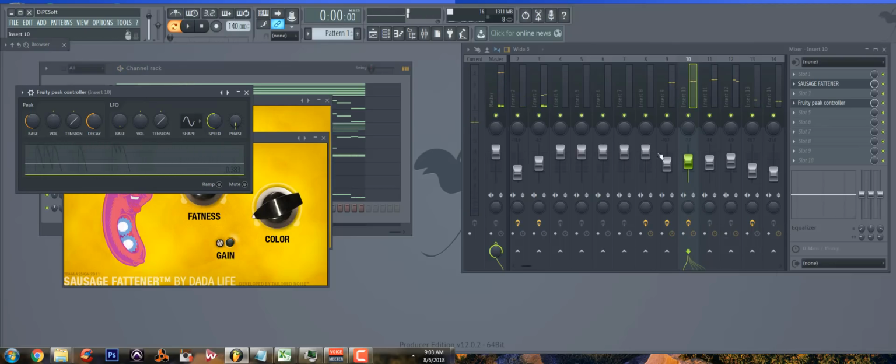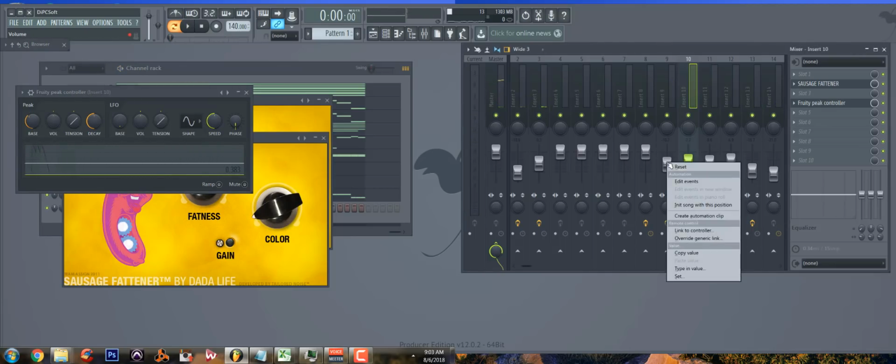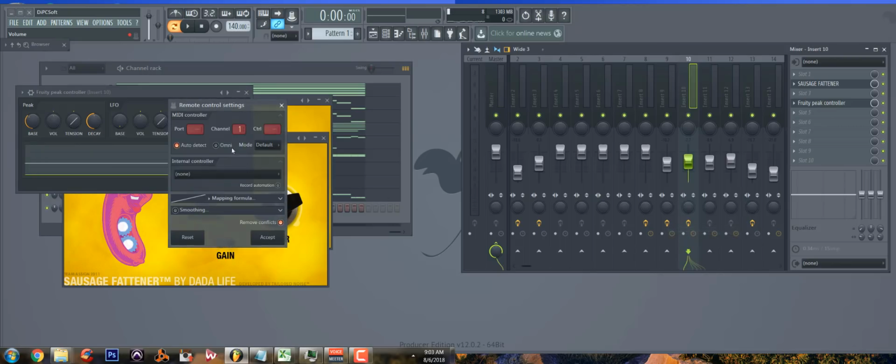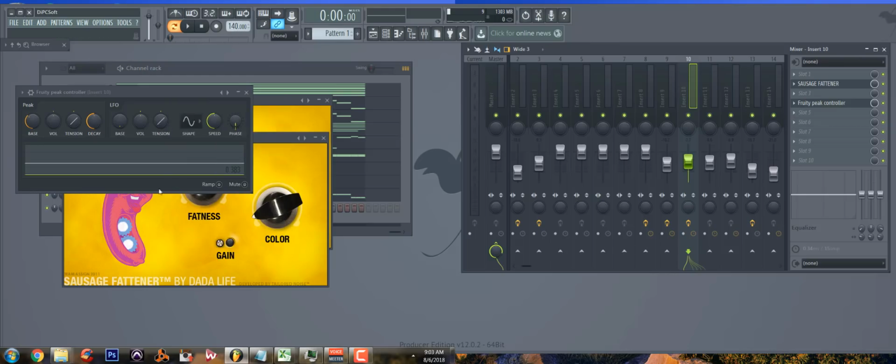The peak controller basically ducks the 808 sound underneath the kick sound, basically. If you watch the little dial here,